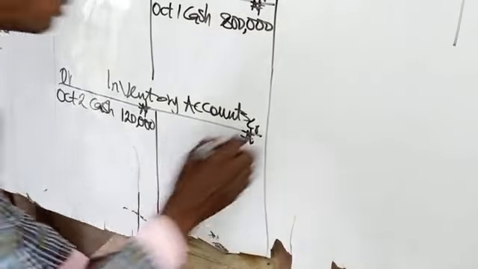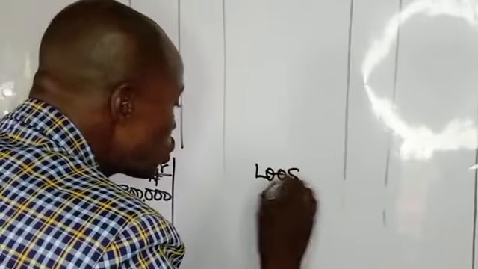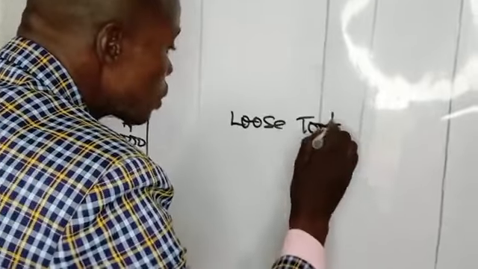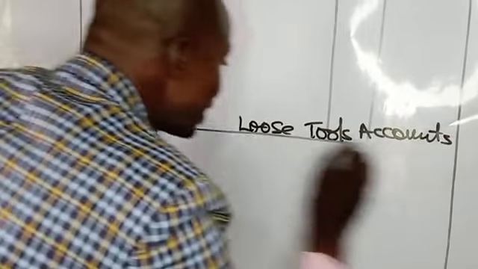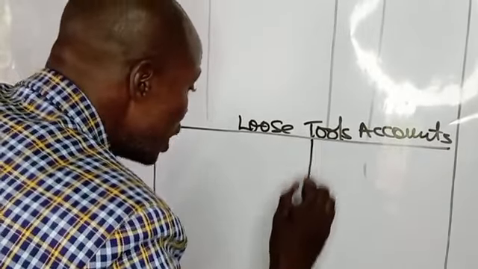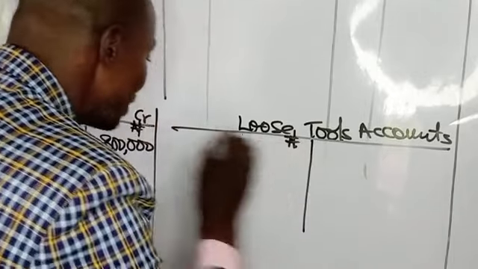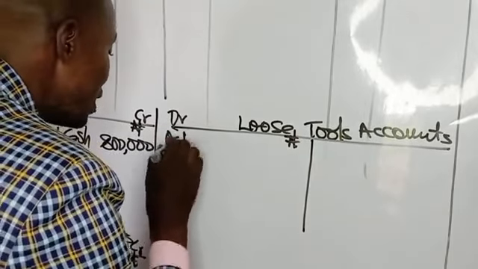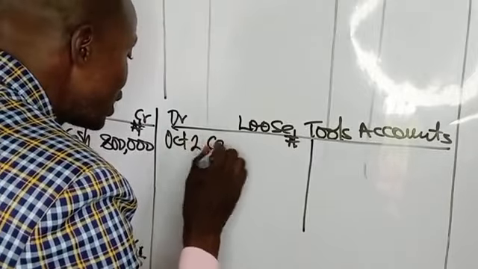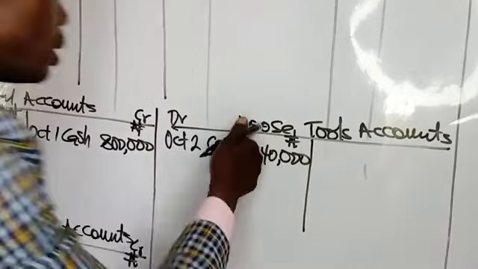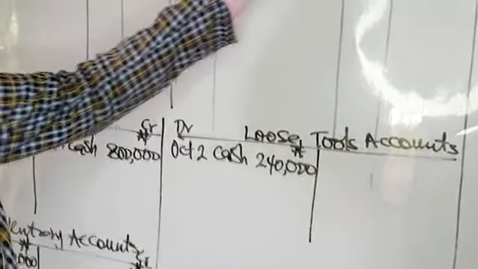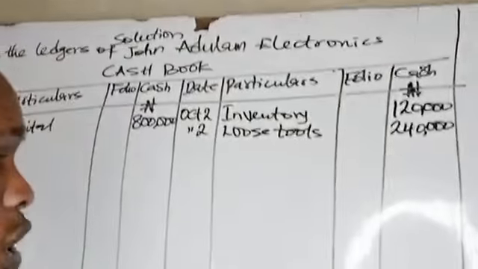Then you also open the loose tools account. It has been credited to the cash account. So you debit the loose tools account. October 2nd, cash, 240,000. So you debit the loose tools account. The cash account has been credited. Back to the question. On October 3rd,